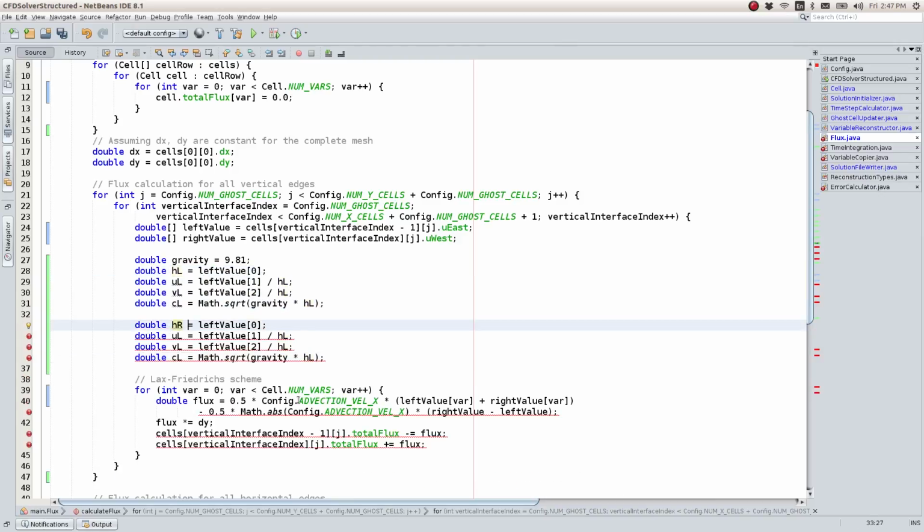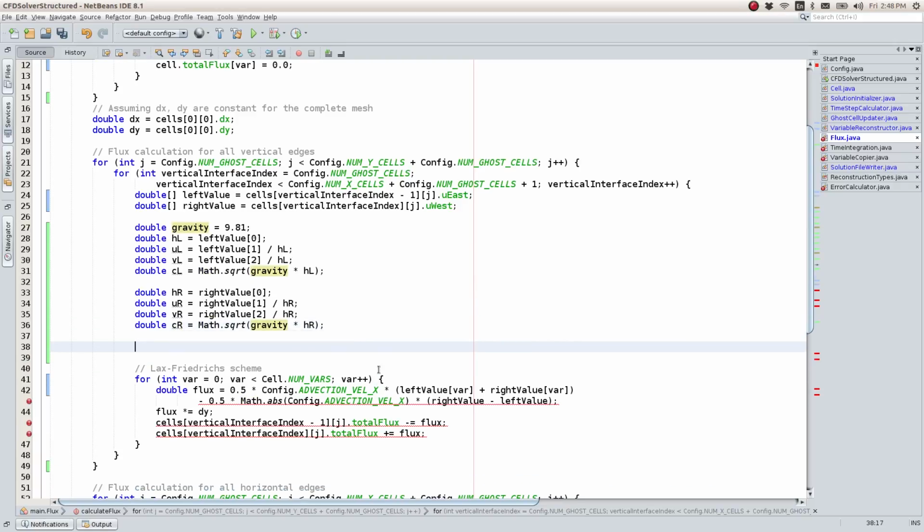So HR is going to be the right value 0, UR is right value 1 divided by HR, VR is right value 2 divided by HR, and CR is gravity and HR. Okay, and now I can say